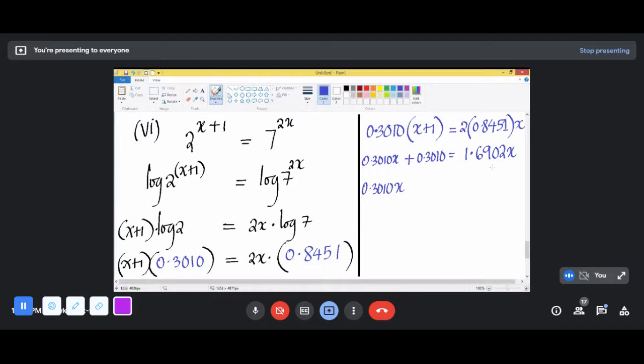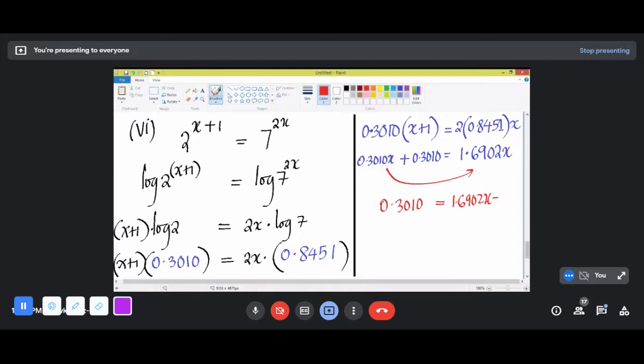Correct like terms: 0.3010x. Bring this quantity to the left. It will be a minus 1.6. I think it's better the other way around. It will be convenient to take this the other side and remain with 0.3010 without x, which will equal 1.6902x minus